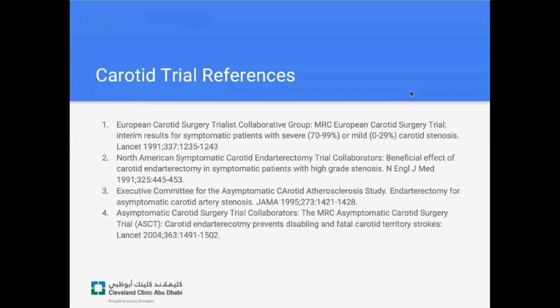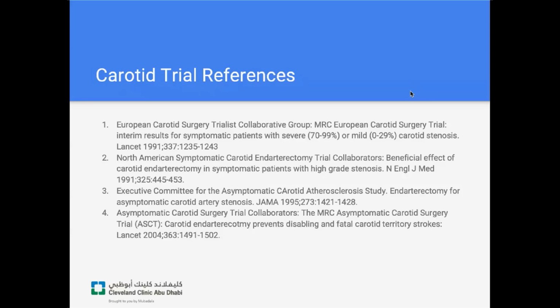The patients with asymptomatic disease are justifiably treated over 60% based on the ACAS trial results. The patients who have 50% or greater lesions who have had strokes or TIAs are justified for repair based on the NASCET study. The critical point of the current development and principles of carotid surgery are that it's important to